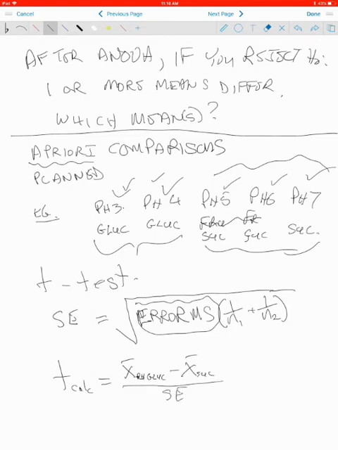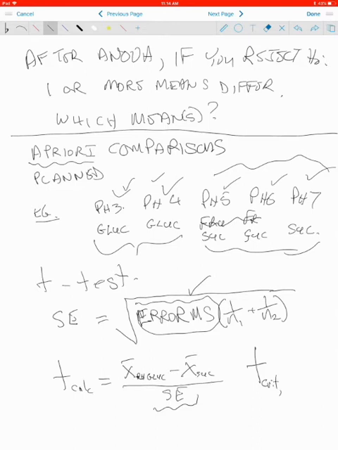So it's a straight-ahead t-test, the only difference being that the standard error is constructed by taking the error mean square out of the ANOVA table and multiplying it by the reciprocals of the sample sizes. Calculate t, and then you need to look up the t critical value